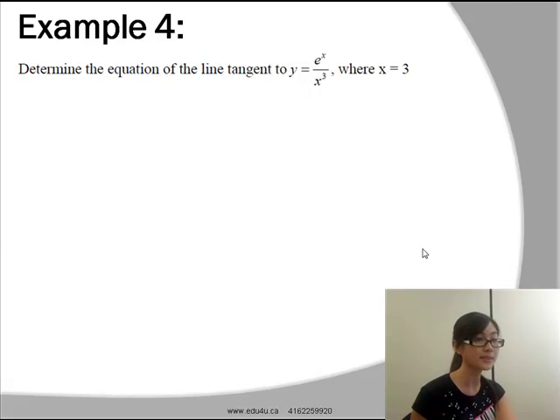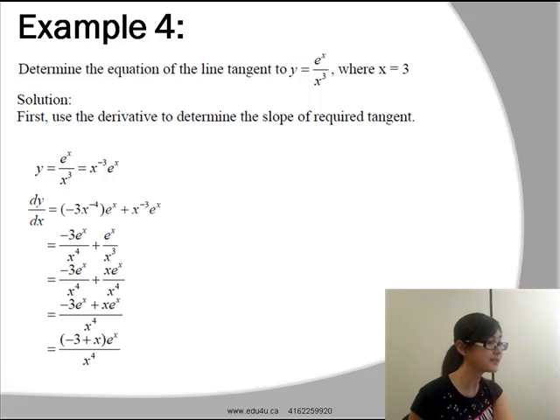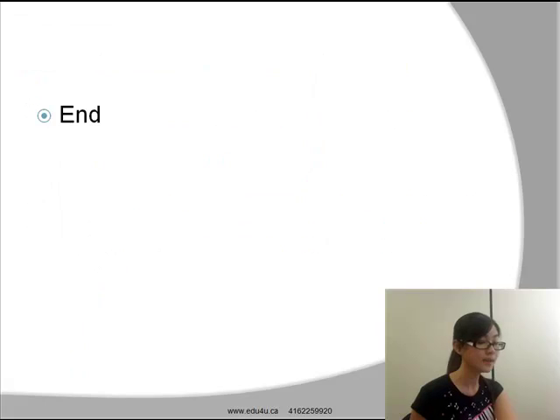Now let's take a look at example 4. Determine the equation of the line tangent to y equals e to the power of x over x cubed, where x is equal to 3. So first, once again, we have to find the derivative to determine the slope of the tangent. The derivative of f of x will be equal to, in brackets, -3 plus x, times e to the power of x over x to the power of 4. When we plug in x is equal to 3 into that equation, we will get y is equal to e to the power of 3 over 27. And that's